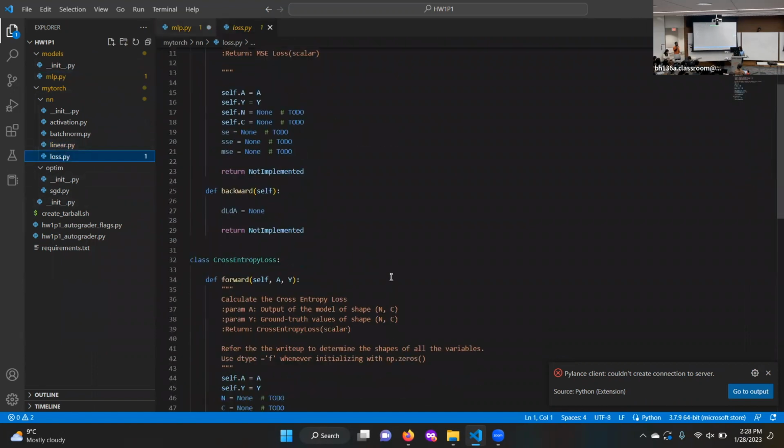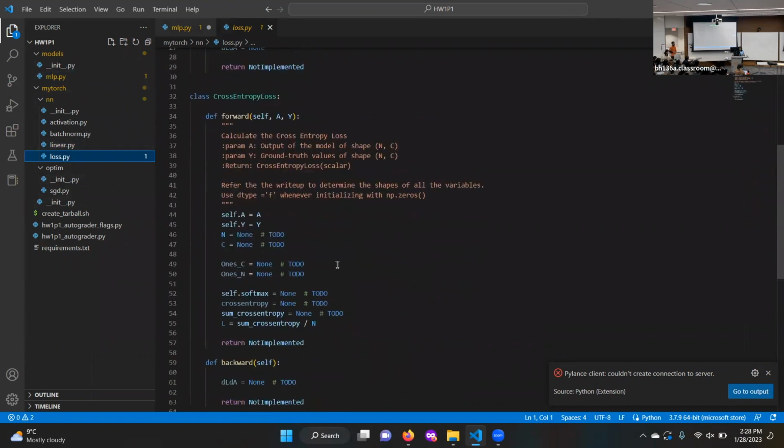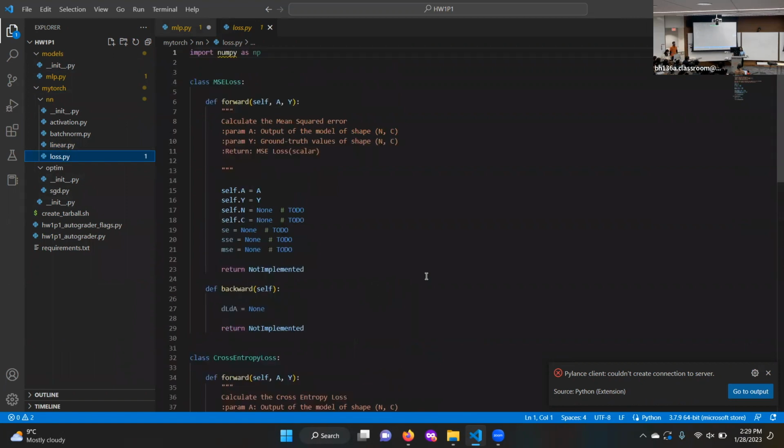Other than this, I would say for the loss functions, we are calculating two types of losses, MSE loss and cross entropy loss. You must again read the write-up. In the write-up, it's mentioned where we actually use MSE loss and where cross entropy loss is being